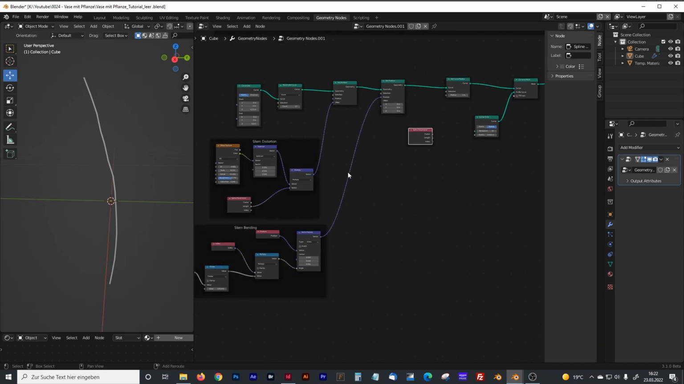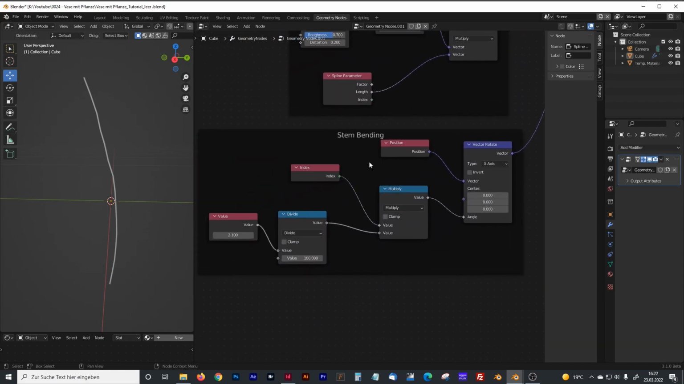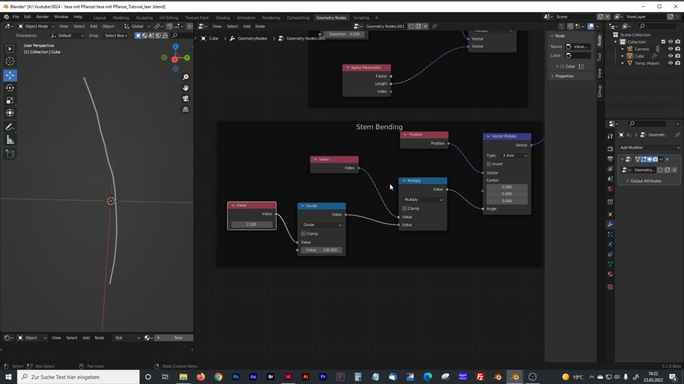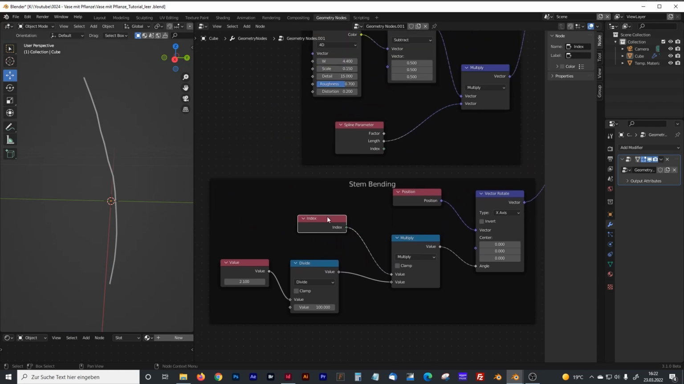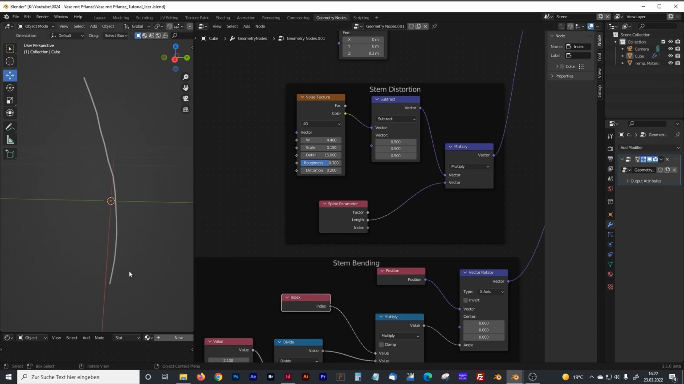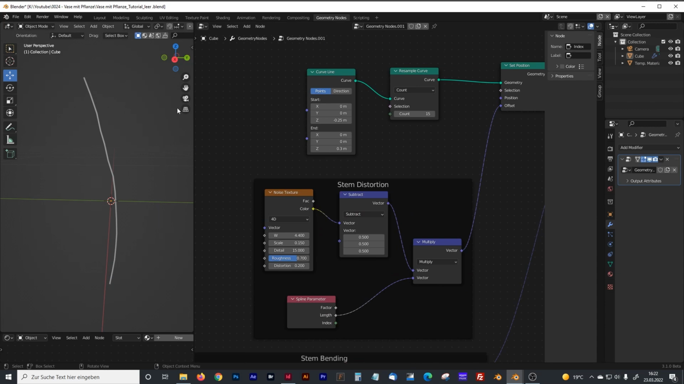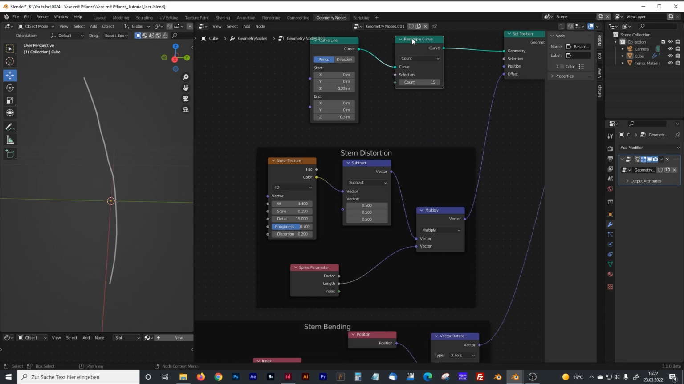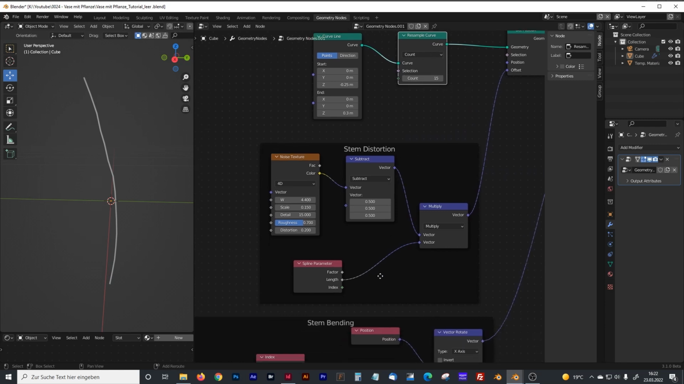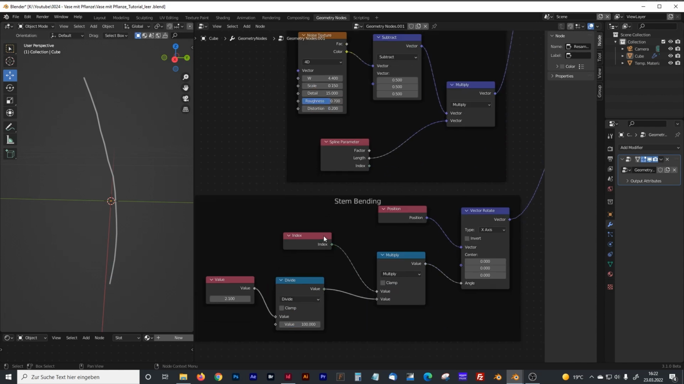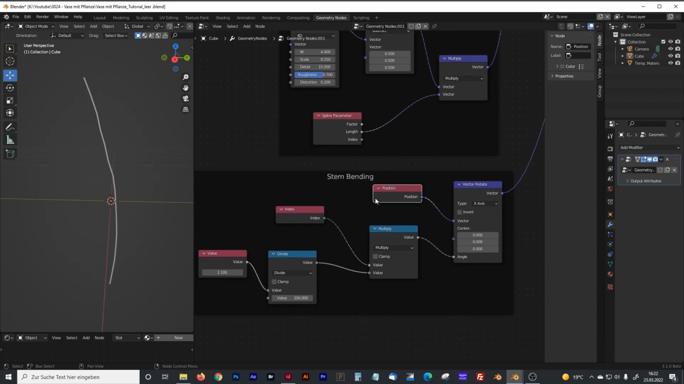Oh, by the way, I think I just forgot to explain the stem bending. So what we've got here is the index node. The index node gives us the position of every vertex of our stem, and the count of vertexes is defined by the resample curve value here. So we have about 15 index points starting with 0, and what it does now is